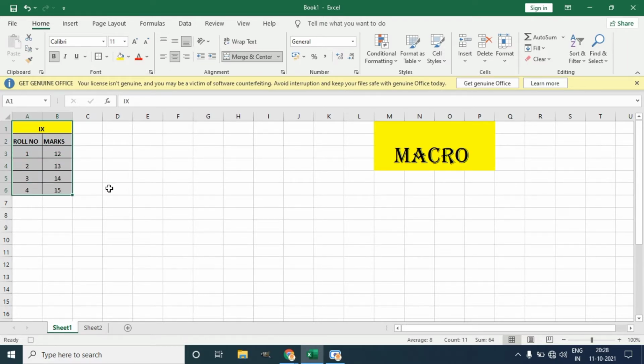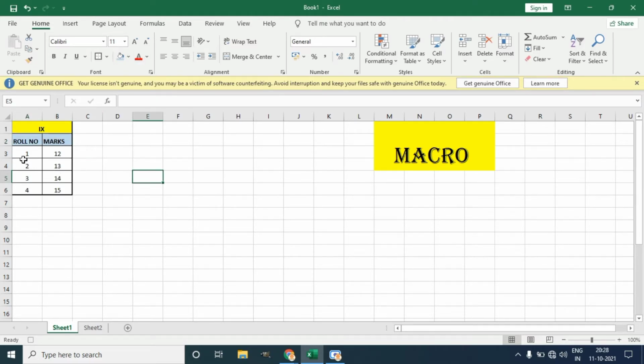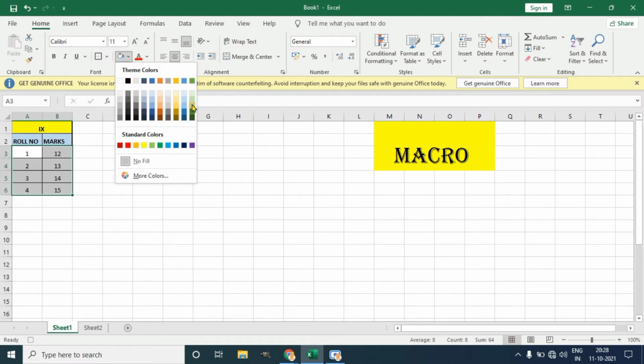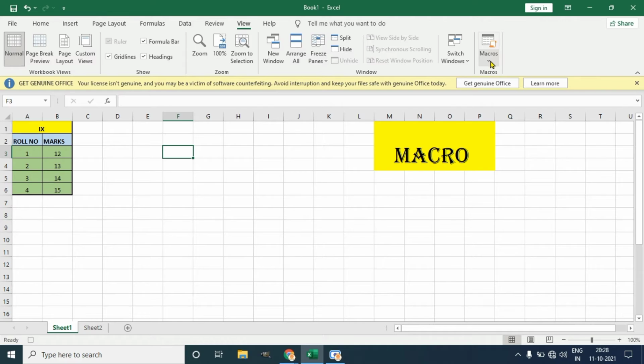And for this I want a different color, and for the content I want a different color. Okay, I think this is sufficient. I have applied some formatting attributes. Now we will stop our macro.